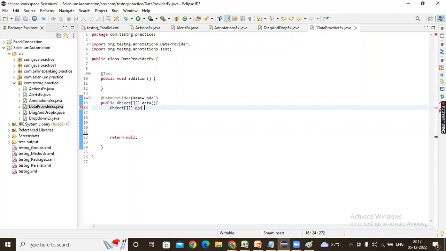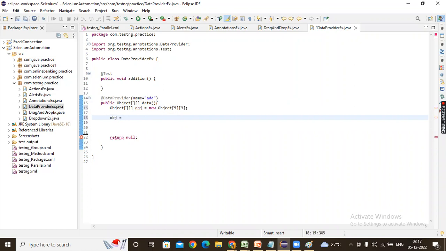obj equal to new object of how many sets of data I want to provide? Just 5 sets of data, and each set 3 values will be there. Okay. So I want to provide how many sets of data? 5 sets of data I need to provide, but each set will be having what? 3 different records. Okay. Perfect. So what we can do here, let me create one array where obj equal to,